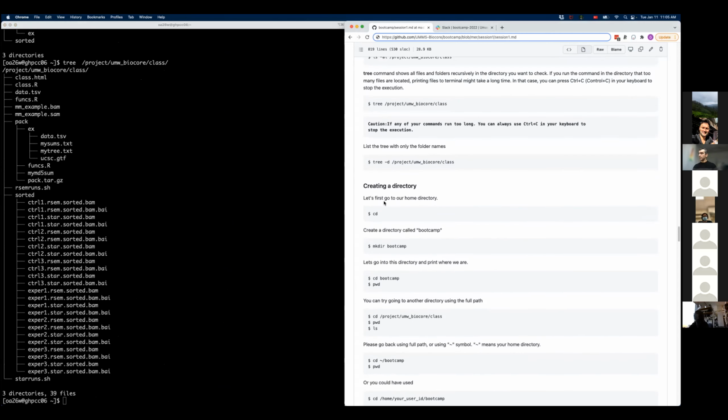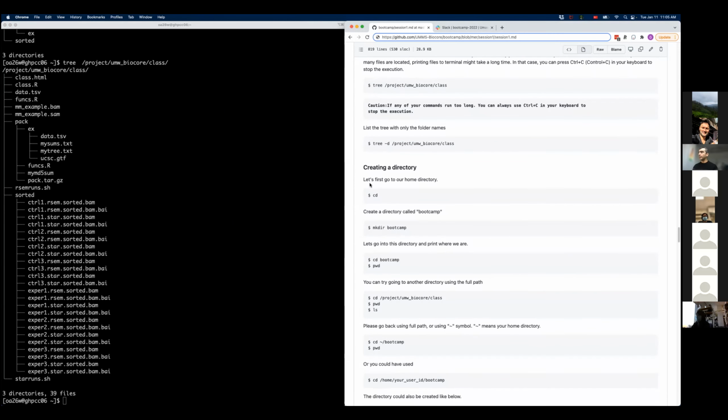Next command is creating a directory. For this, you need to go to your home directory with cd if you are not there already. Because of the permission things that we mentioned briefly, you are not going to be able to create a new directory in the class folder, for example. So you need to go to your home directory with cd.